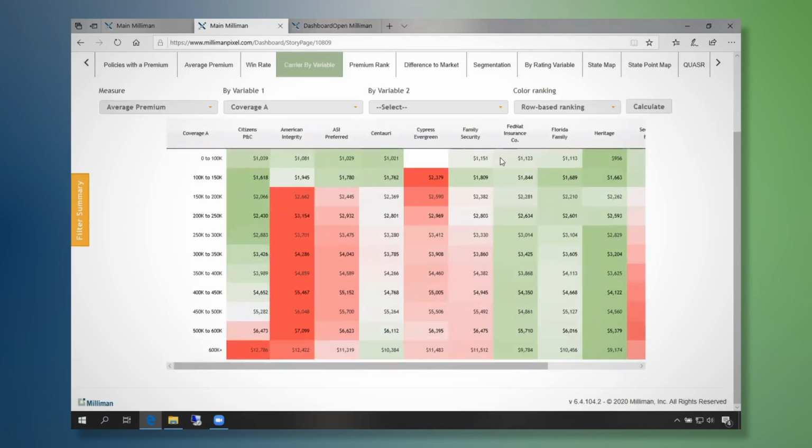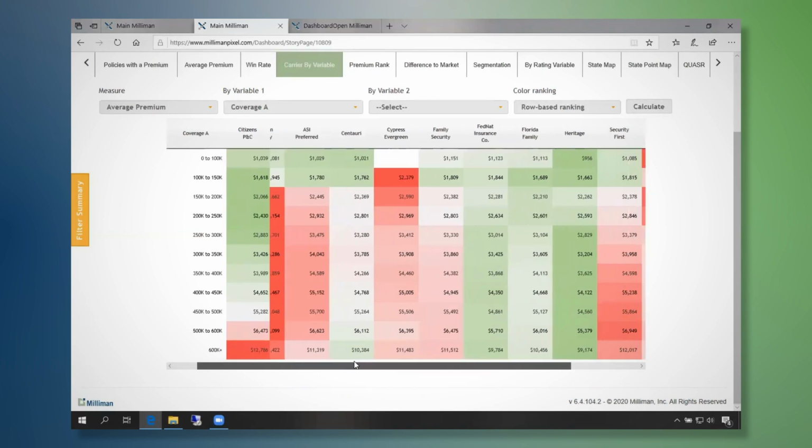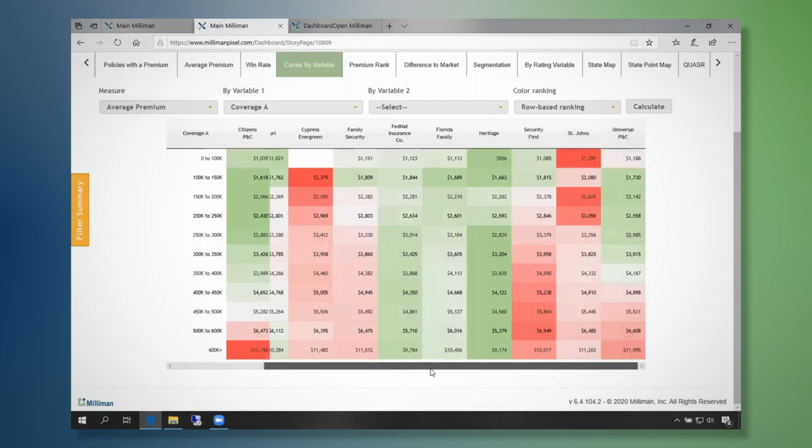The coloring here is currently based on the row. Basically the darkest green is going to be the lowest premium, and the darkest red is going to be the highest premium.